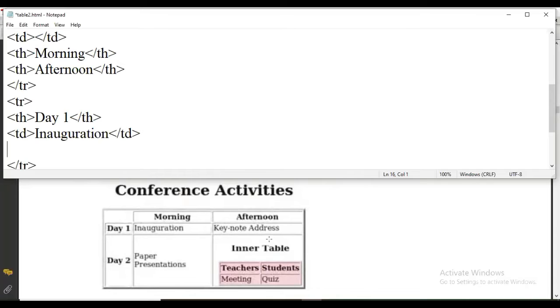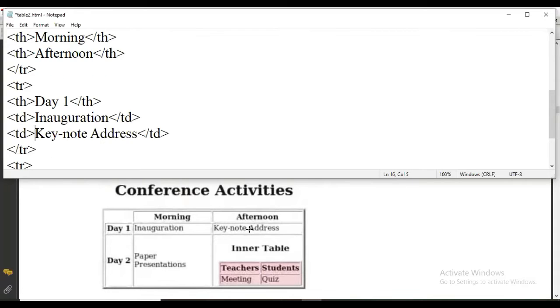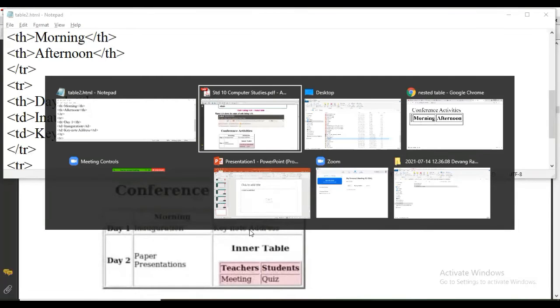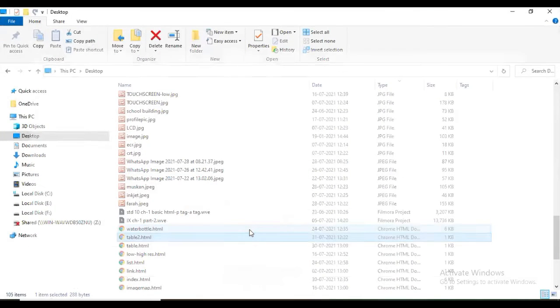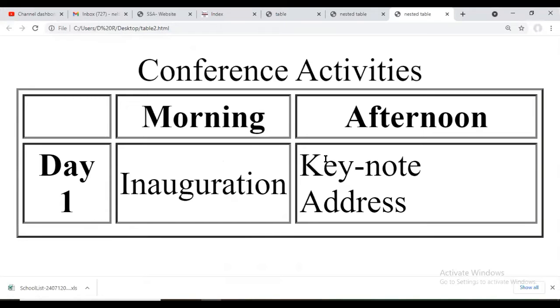In third column, this is keynote address. So here we are supposed to write in TD only. And then TD close. Row we have already closed. Let's save this file and again see output of save. Now it comes like this. Okay.